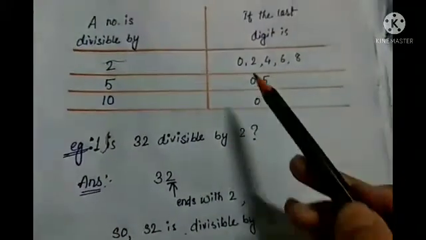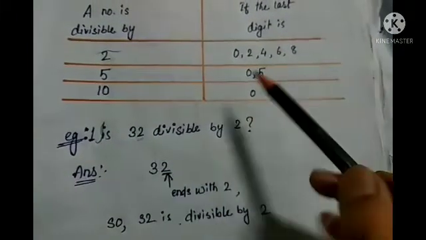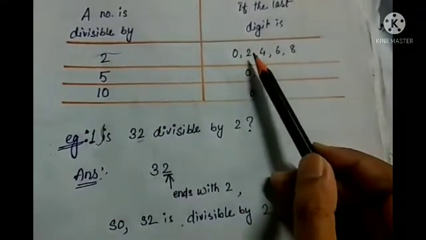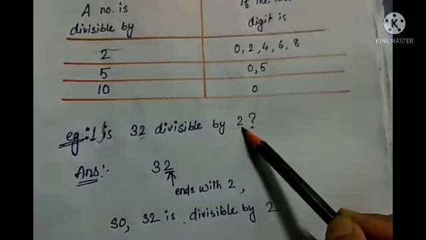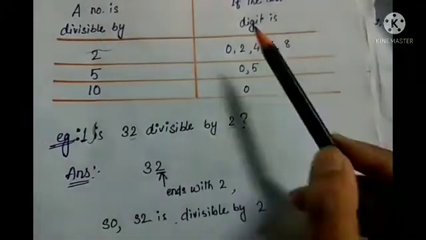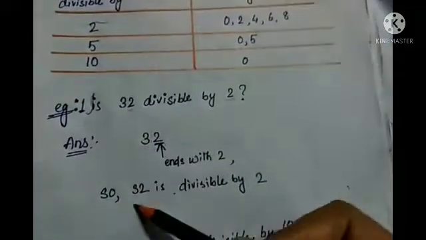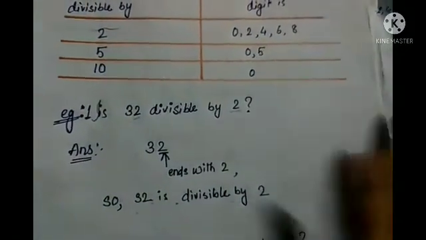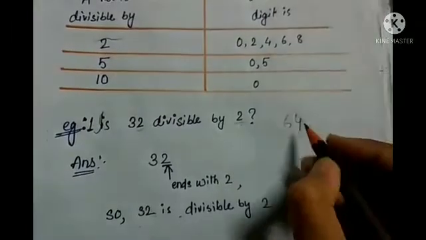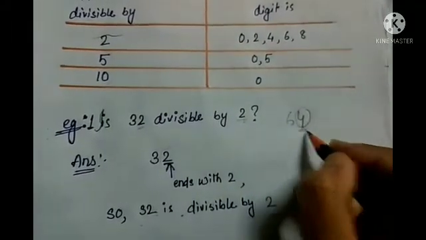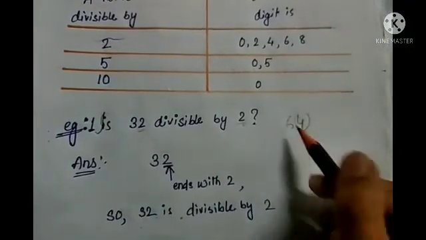Understood, students? Here I told you already. You see 32, right? So the last digit is what? 2. And in the question it is asked that we have to check the divisibility with 2. So as I told you, if the last digit is one of these, then that number will be divisible by 2. So that is why 32 is divisible by 2. In case of any number, students, suppose it is given 64. Is 64 divisible by 2 or not? You have to see the last digit. So here you see 4, and yes, 64 is divisible by 2.